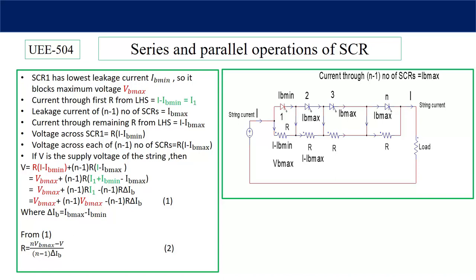So this will give you the value of resistance to be connected across individual SCRs to make the equivalent resistance offered by these SCRs almost equal, so that the voltage shared by these SCRs will be almost equal. This condition is considered based on the thyristors being off, or steady state condition, or you can say static condition. That's why the resistance is known as the static equalizing circuit.